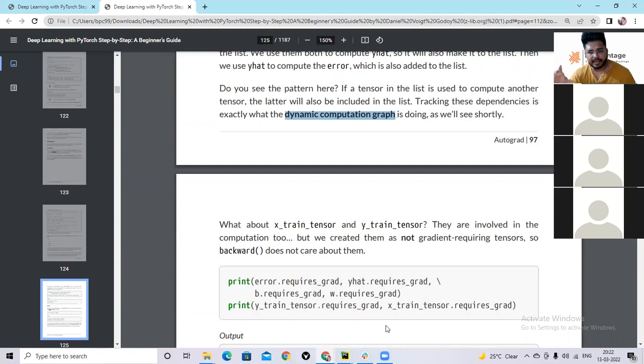Then each following layer is calculated from the earlier layer. So there is a dependency, and that dependency is captured in the graph.